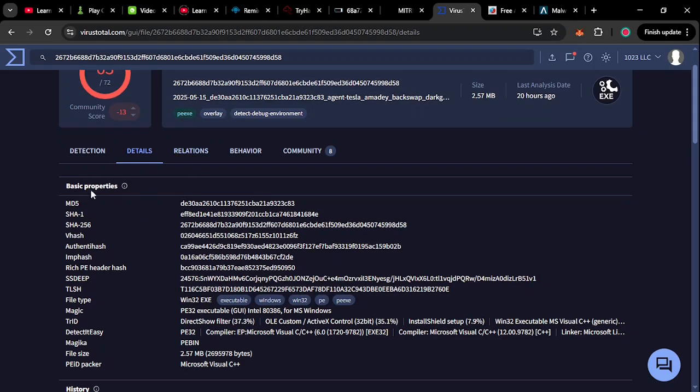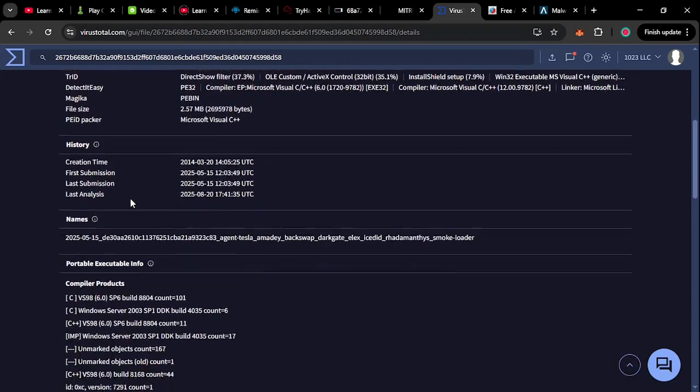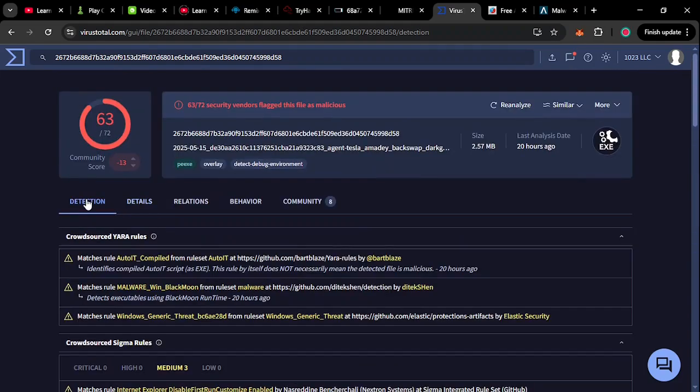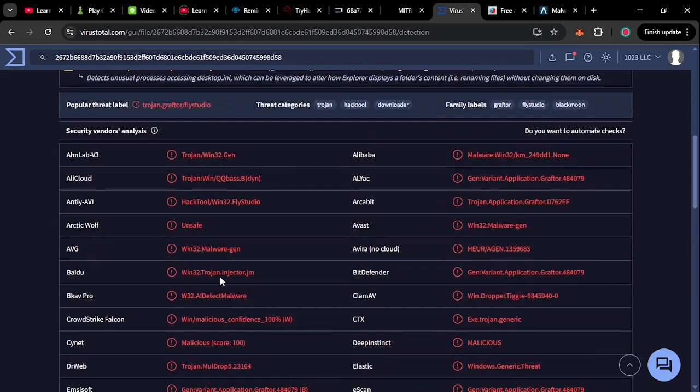Let me see. Detection, is there anything on detection? Yeah, this is the popular threat label over here. So let's just copy this,